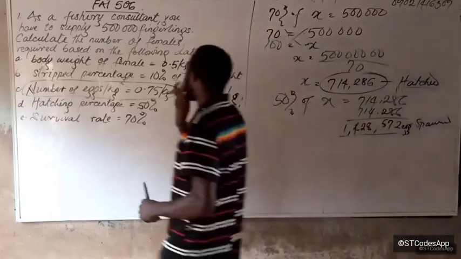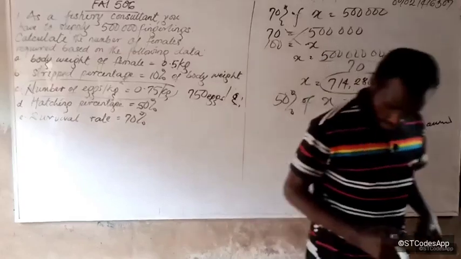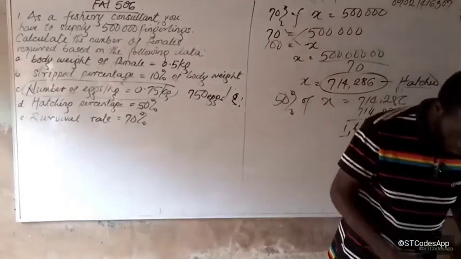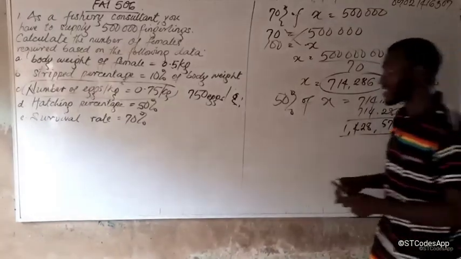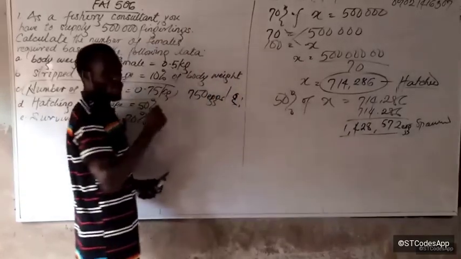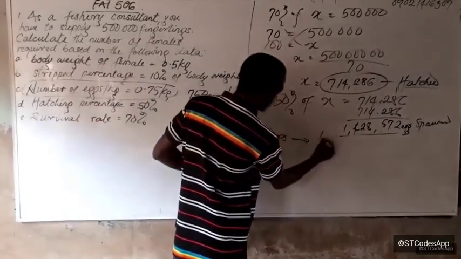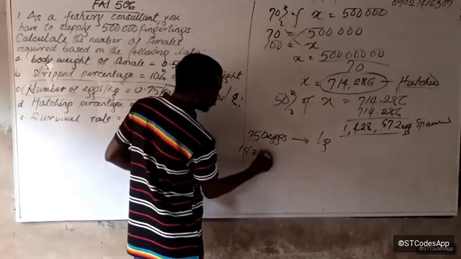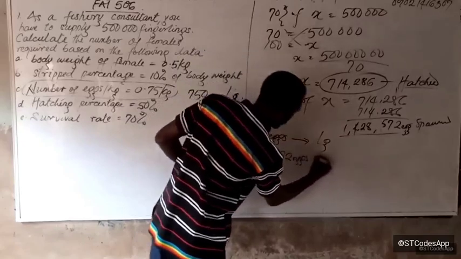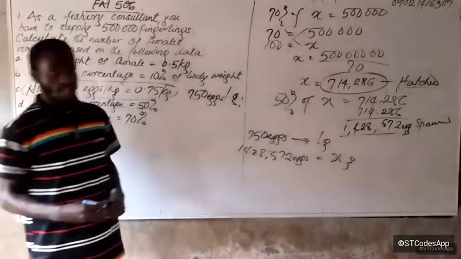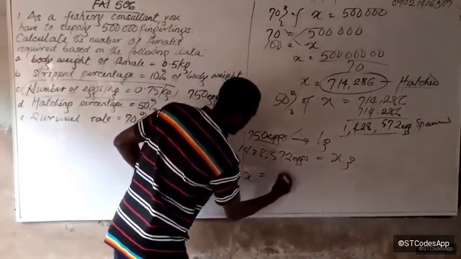So now let's see the weight of the eggs, because this is the number of eggs. Since 750 eggs is in 1 gram, we'll say that 750 eggs is in 1 gram, so 1,428,572 eggs will be in how many grams? Is that okay? By the time you cross multiply, you end up having x to be equal to